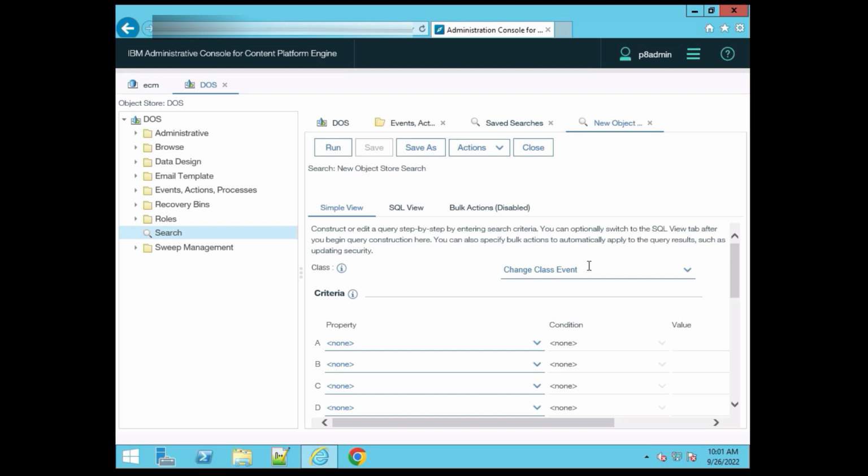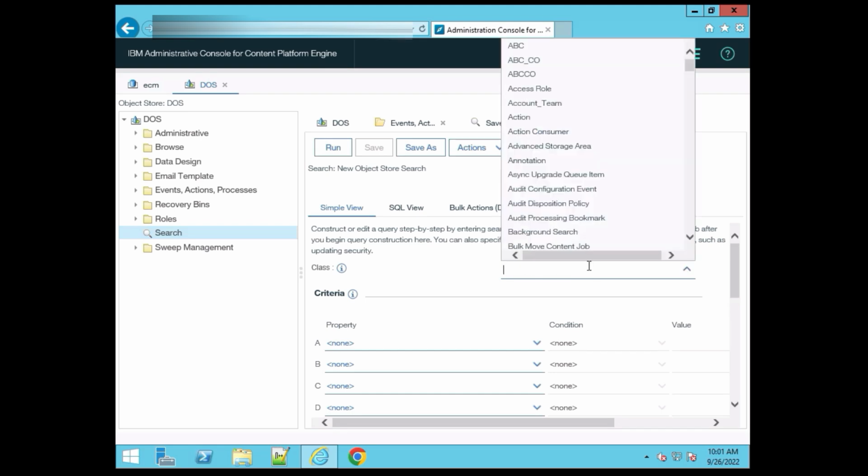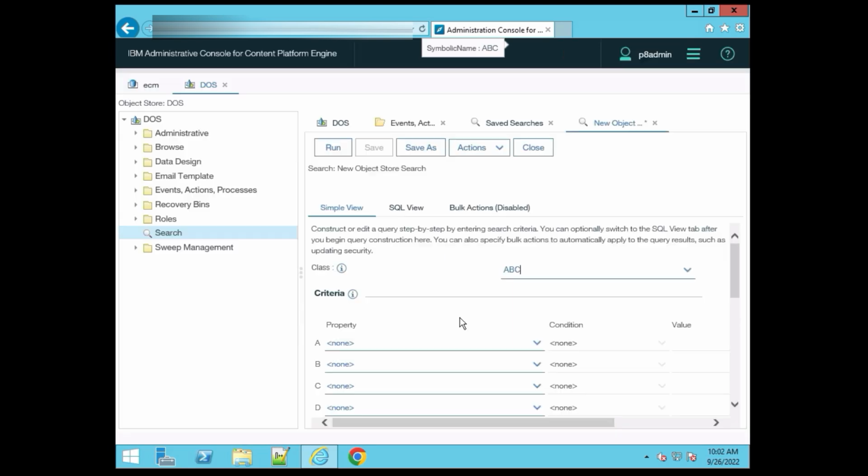simple view. Firstly, it shows the class. What is the class? It must be a document class or a custom object class. Both classes' documents are shown here. If you remember ABC, last time we created one class, and we also created an account team class, and ABCCO, which is a custom object class. If I search the document on behalf of ABC, I have selected the class ABC,